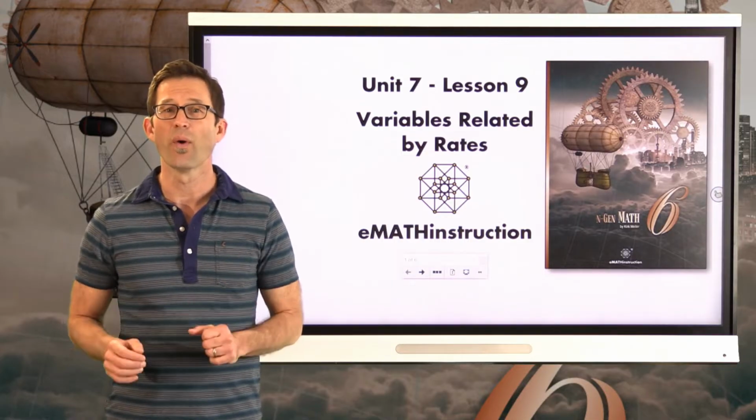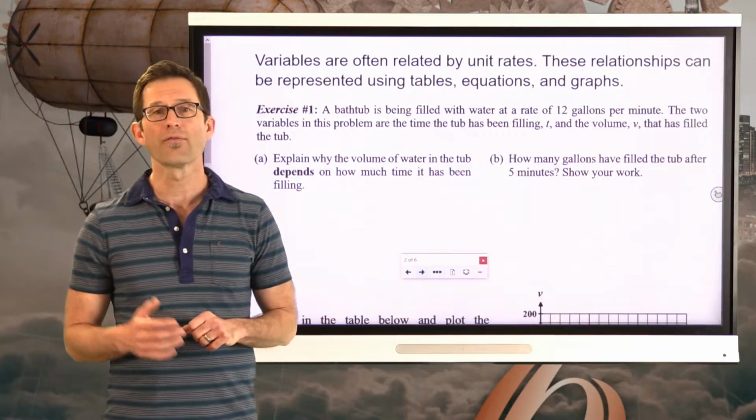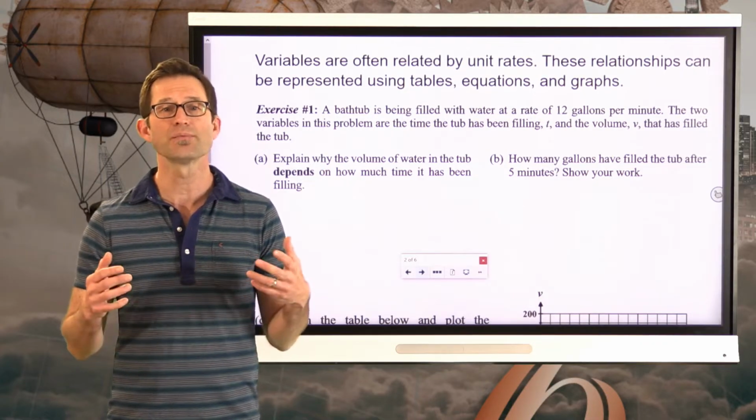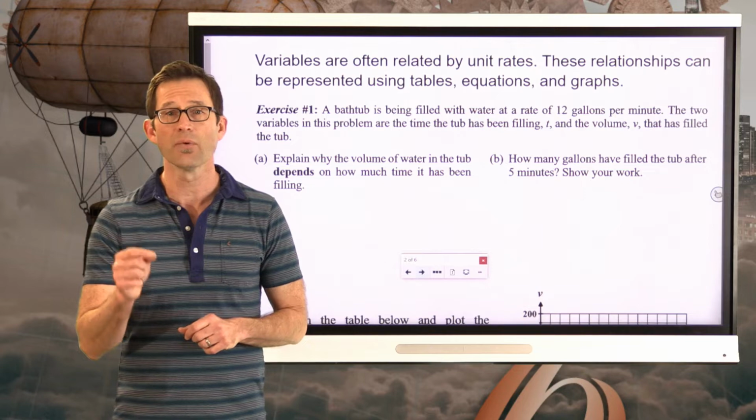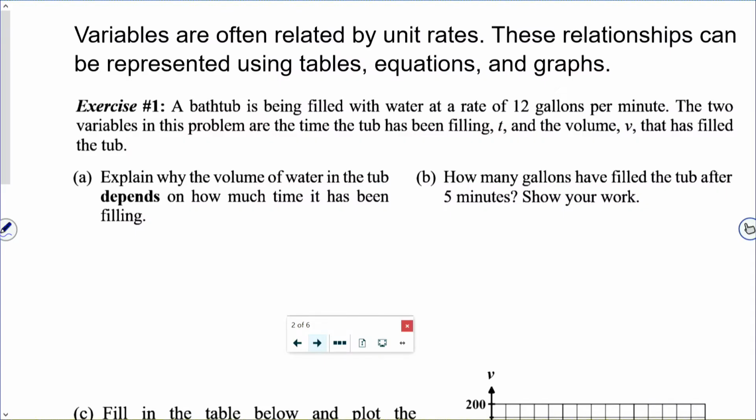Let's get into it right away in the first exercise. Here we go. Variables are often related by unit rates. These relationships can be represented, as I mentioned, by using tables, equations, and graphs. Exercise number 1. A bathtub is being filled with water at a rate of 12 gallons per minute. The two variables in this problem are the time the tub has been filling, T, and the volume, V, that has filled the tub. Letter A asks us to explain why the volume in the tub depends on how much